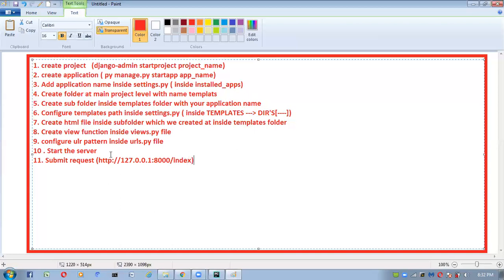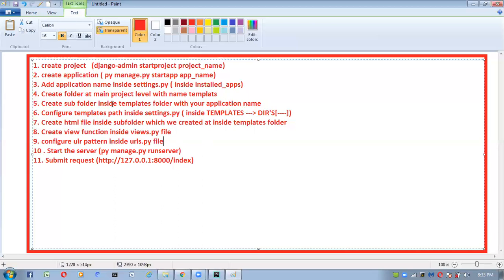How to start the server? py manage.py runserver, like this we have to do it. We configure the URL pattern inside the urls.py file, create a view function, and create the HTML file inside the subfolder inside the templates folder. So these are the steps we have to follow, and that's it.